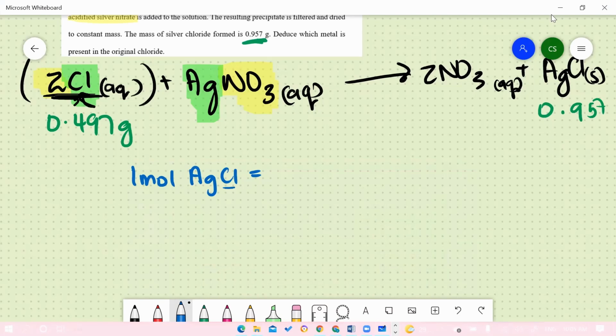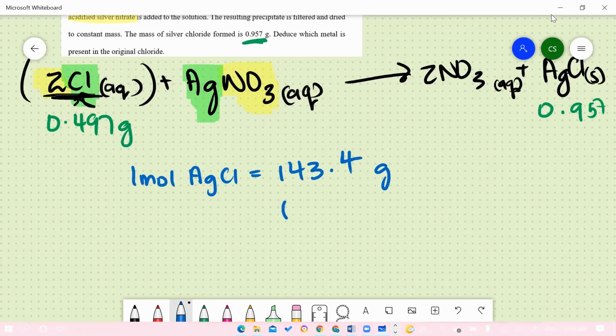Chlorine is 35.5. So 107.9 plus 35.45 is going to be equal to 143.35. If I use 3 significant figures, I think 143.4